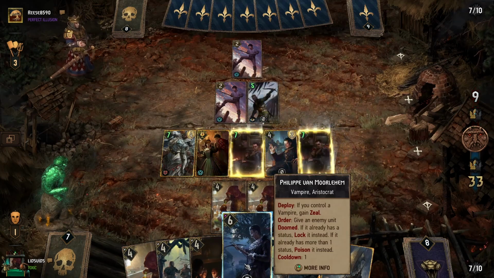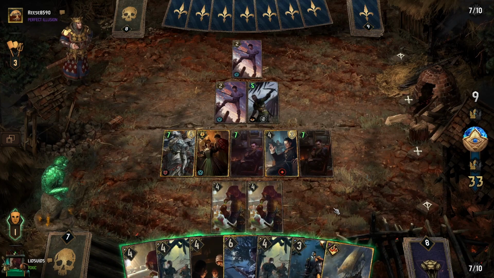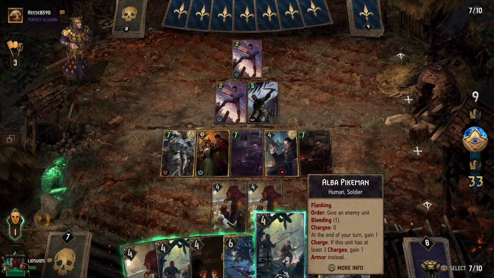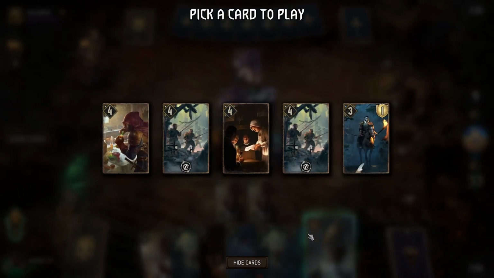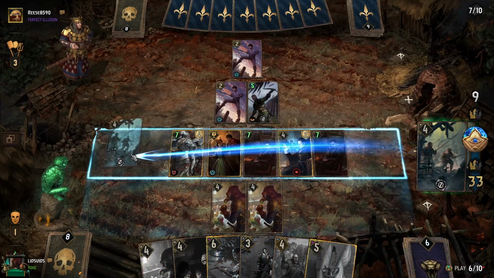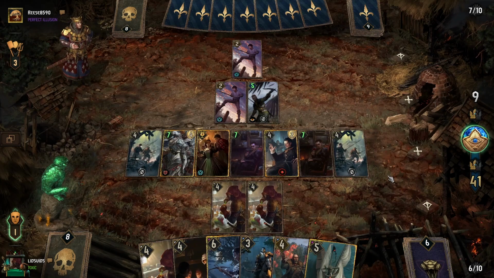As tempting as it is to get Philippe out here as quickly as possible, what is better? 1 Philippe with Zeal, we could immediately lock that, or double Alba Pikeman. Don't have Zeal, but that's a lot of statuses for 2 Thristy Dames. I think that is probably too good of an opportunity to pass up. And we draw into the Catriona. Oh my goodness. Okay, well, in that case, obviously we want these guys in flanking position, but